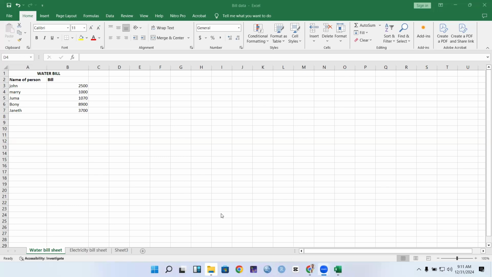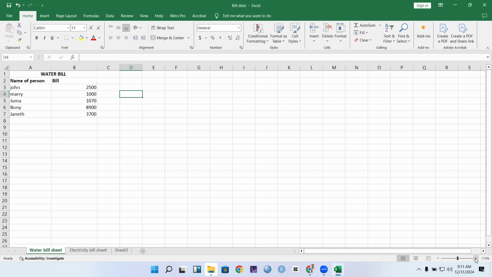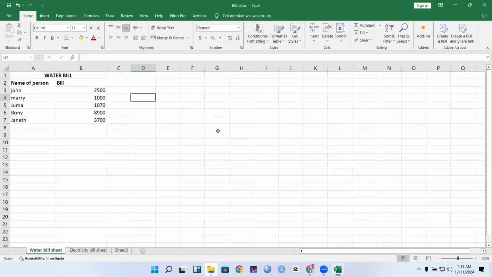Okay, so welcome back. In this video, I'm going to show you how you can use Excel formulas to manipulate your data. So now you have your data like this. They are already stored in a Microsoft Excel worksheet like this, and you have stored it somewhere. But how do you want to manipulate it to get maybe the sum, the minimum, the maximum, and so many other